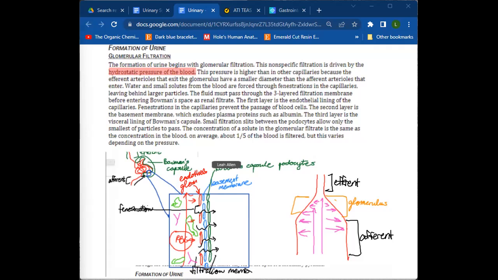Okay, now as that blood pressure is increasing and it's forcing solutes to move through, let's say,